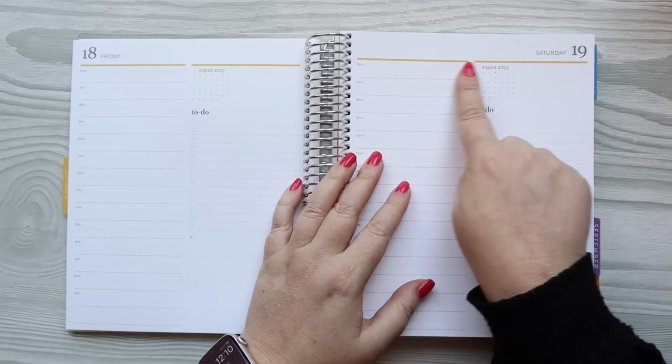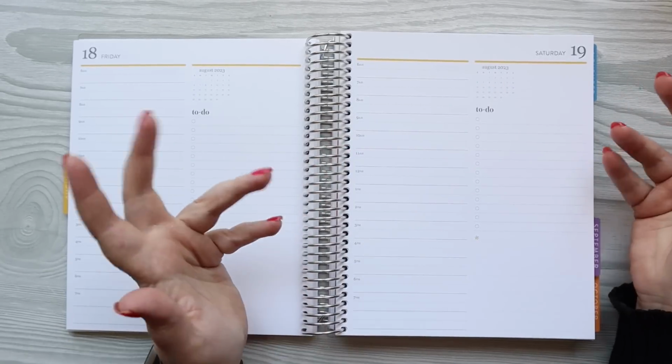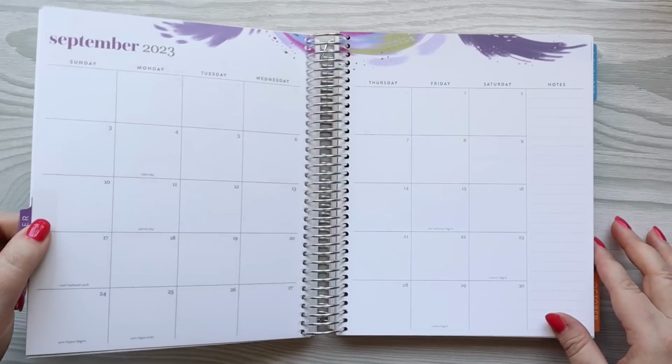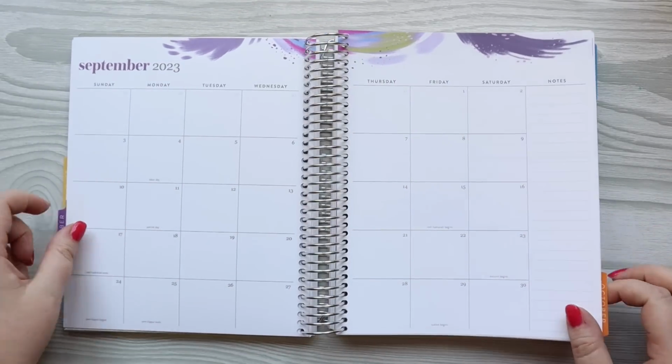In the Flora, the colors are pastel. Sorry. Wildflowers, and then in Canva they're all gray. Really, really simple. Let's go through the different months. Here's September,